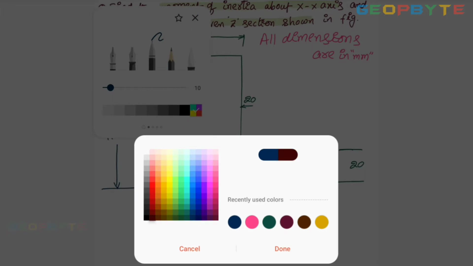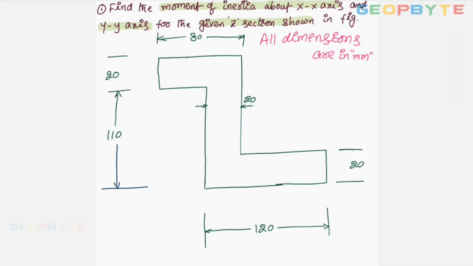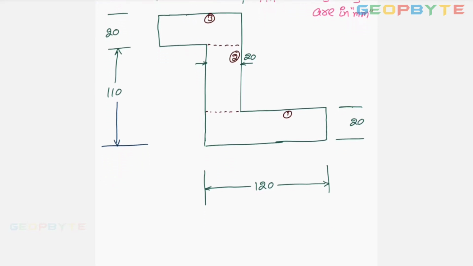Now for this case, let us cut the section into 3 blocks. You can cut either vertically or horizontally. If I cut it horizontally like this, you can cut vertical also. Assume this is section 1, section 2 and section 3. Then let us decide the